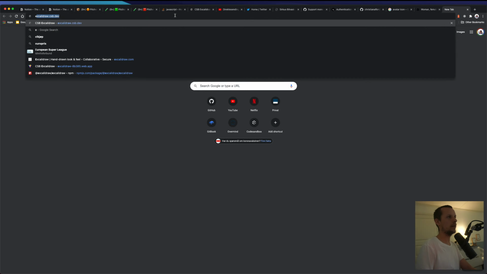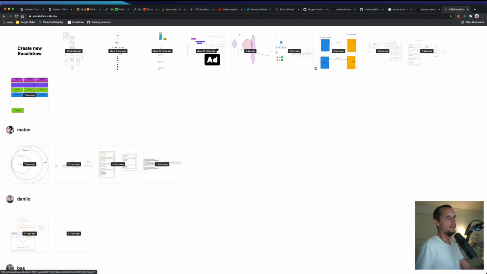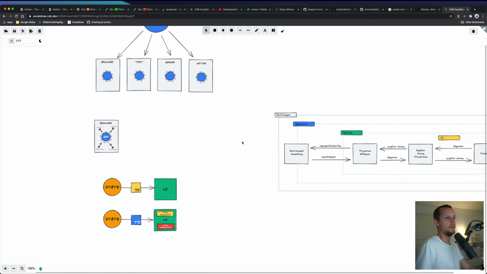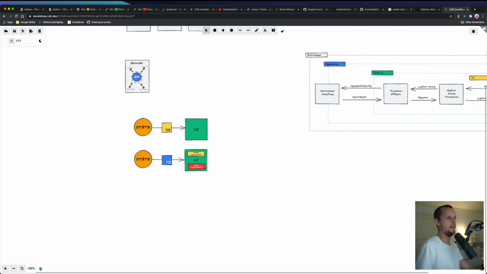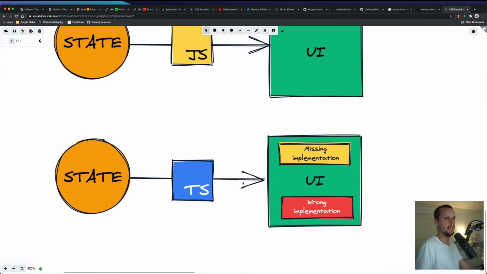Let's see. Scully draw. So another thing that happens... Here we go. Yeah, as you can see here, when you have these explicit states in the UI, with the help of TypeScript, we can make sure, first of all, if you do something wrong with the implementation, which means that